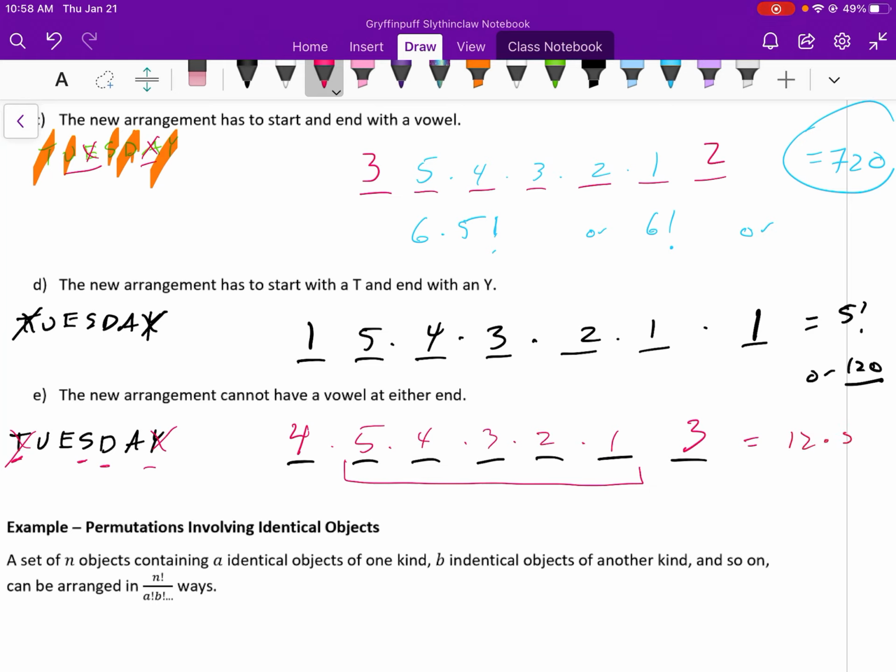So really, you could multiply this out. That's 5 factorial, is it not? So 4 times 3 is 12 times 5 factorial. And what we get here is 14